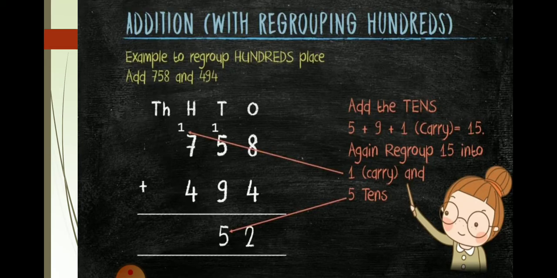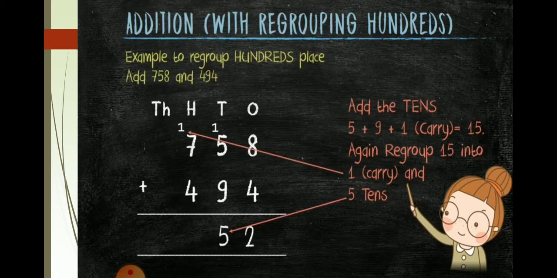Similarly, 4 goes below 100, 9 goes below tens and 4 goes below ones. Now we will add the digits under ones, that is 8 plus 4 gives us 12. 1 carried to the tens, then 1 plus 5 plus 9 will give us 15, and then 1 carried